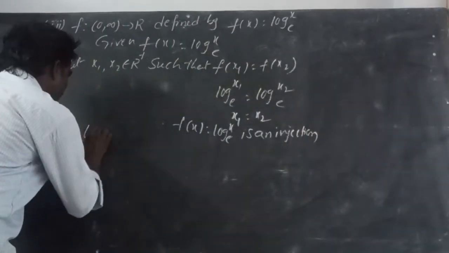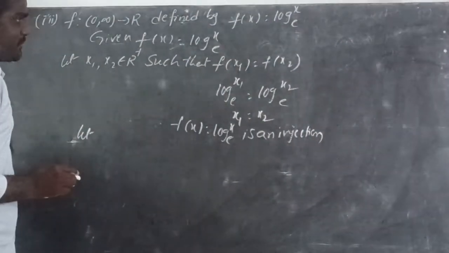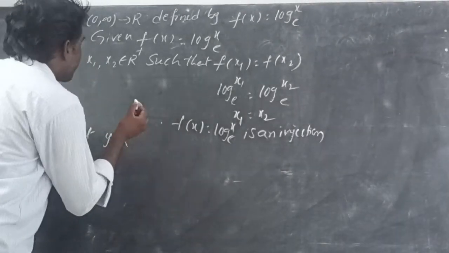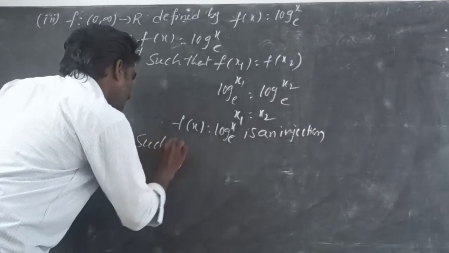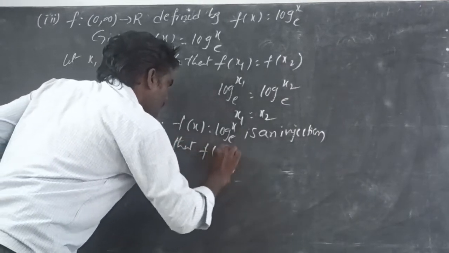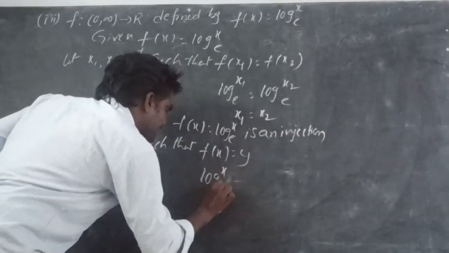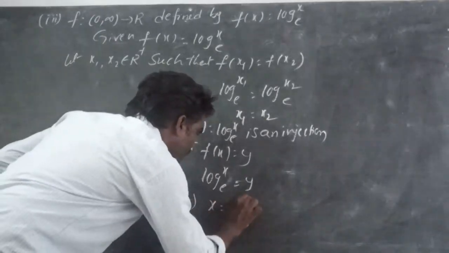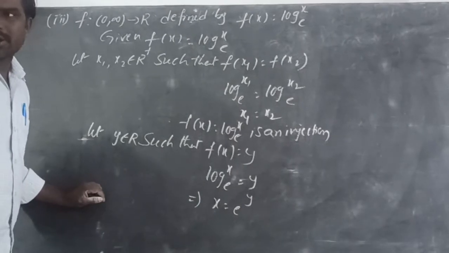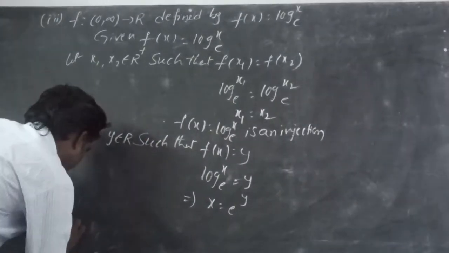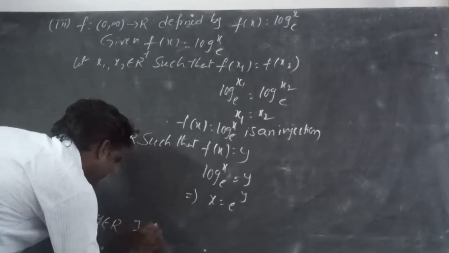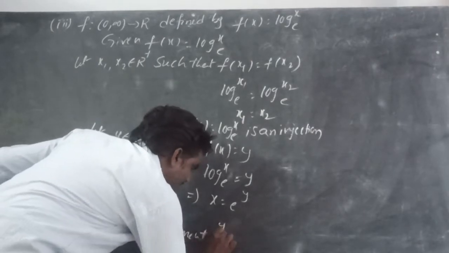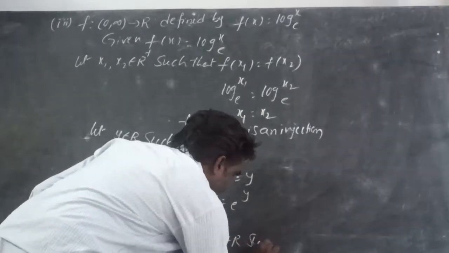Next, prove that f of x equal to log x base e is a surjection function. Let y belong to R such that f of x is equal to y. So that is log x base e is equal to y. This logarithm form we can write in exponent form: x is equal to e power y. So here, let y belong to R. There exists an element e power y, which belongs to R, such that